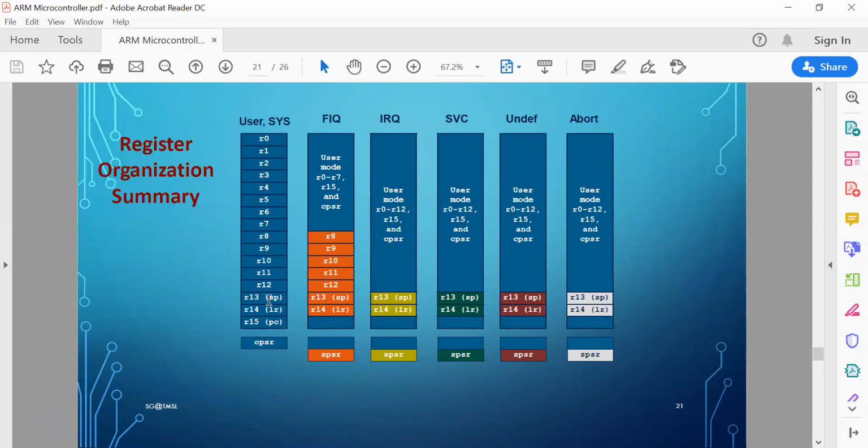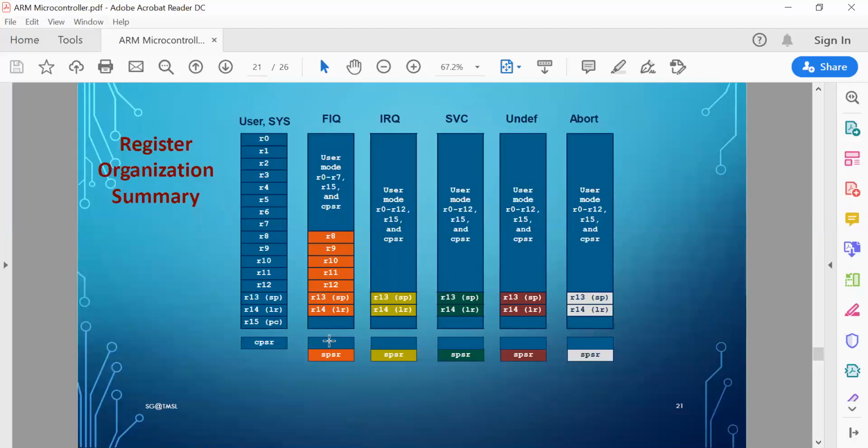If an FIQ interrupt comes, then CPSR gets copied into the SPSR. CPSR here is copied into SPSR, and R0 to R7 will be common in FIQ mode, but the other registers will be specific to FIQ mode.